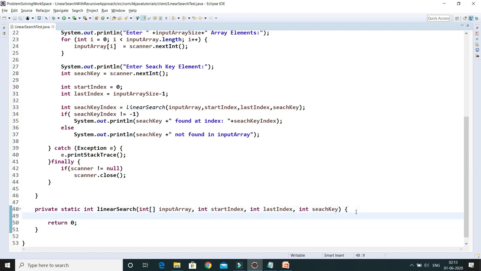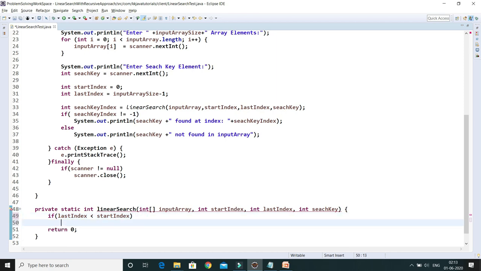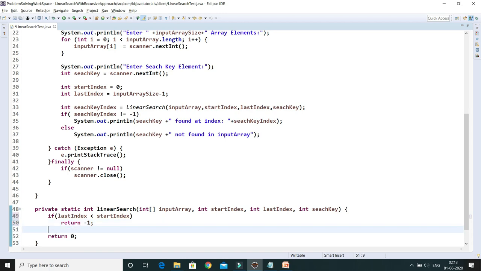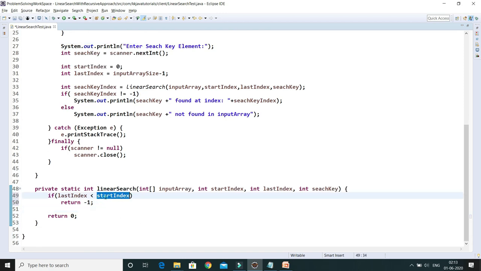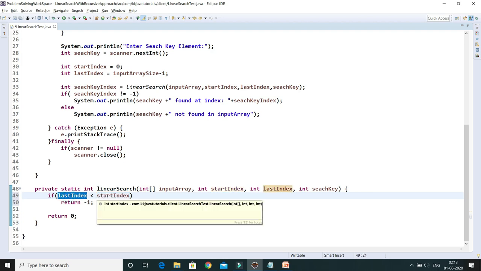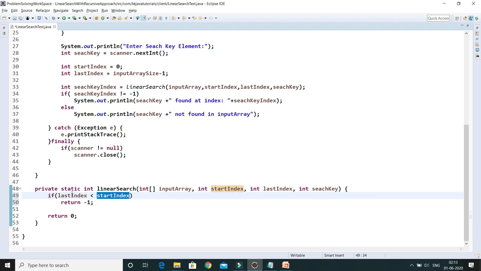Now here we have created the method something like this. First of all, if the last index is smaller than the start index, then right away I will return -1, because that is not possible at all, right? So if the start index is greater than the last index, then we will return -1.